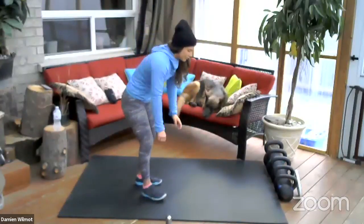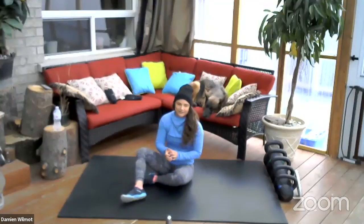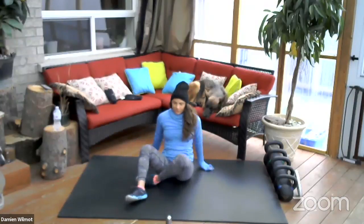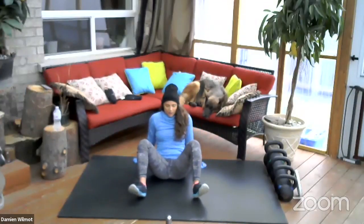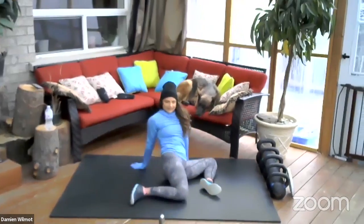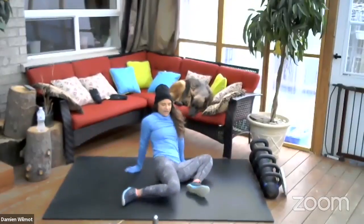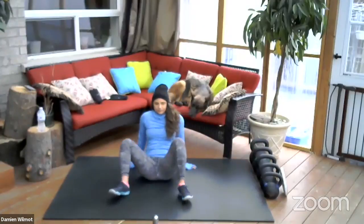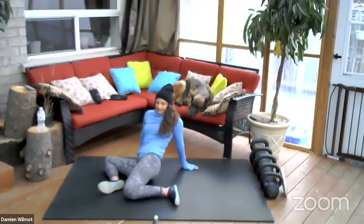We're going to get onto the floor and we're going to do a little bit of work through the hips as well for the movements that come towards the end of the session today. We're going to start with our hip opening sequence. We're going to have our heels a little bit wider than hip width. And we're going to rotate from the hip, going side to side, just getting a little bit more awakeness and range into both of the hips,